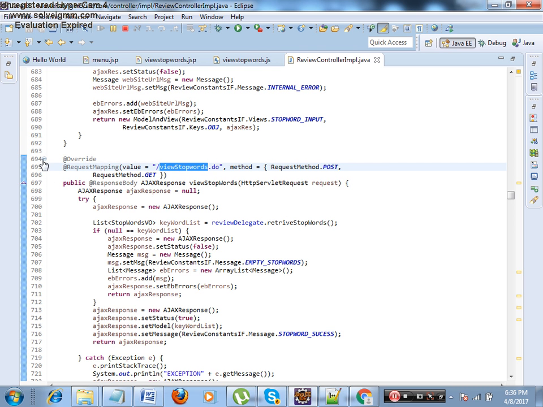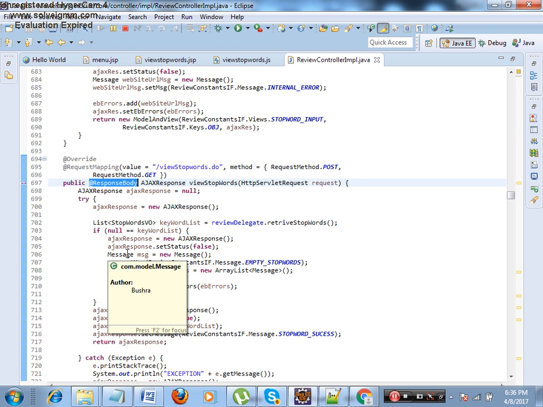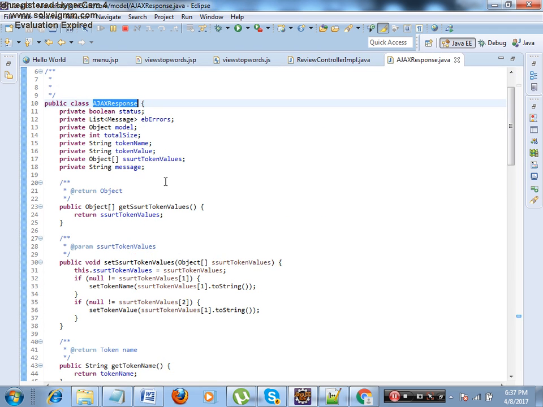Now if you see what is the response here, in the response body there is no returned model and view, because this is Ajax based. For all the projects I have used a generic class known as Ajax response. This is my own designed class that will help me for all the projects, plus in the near future also.